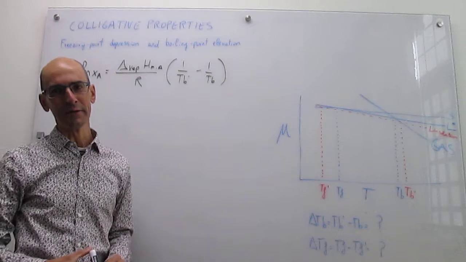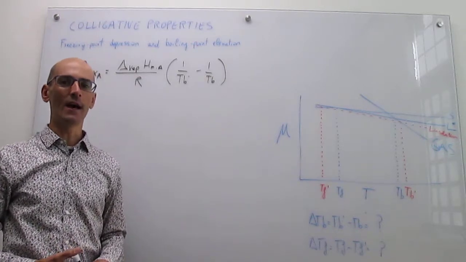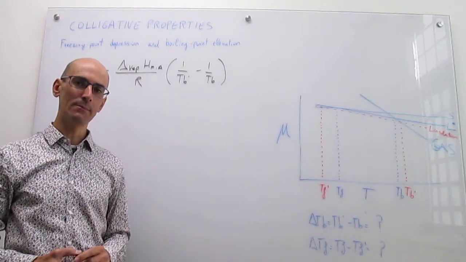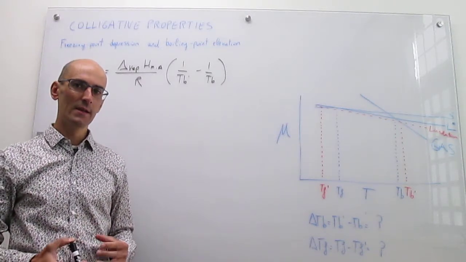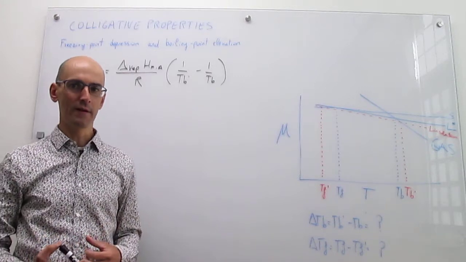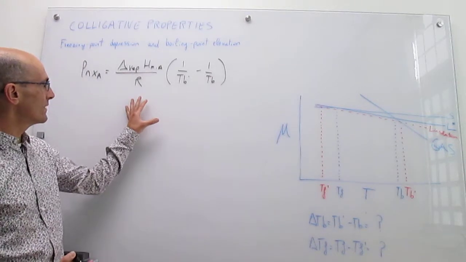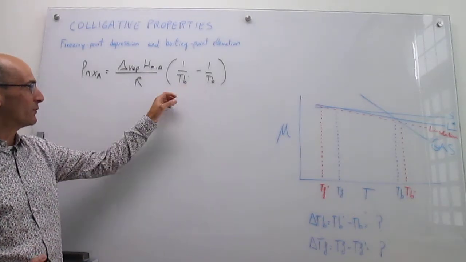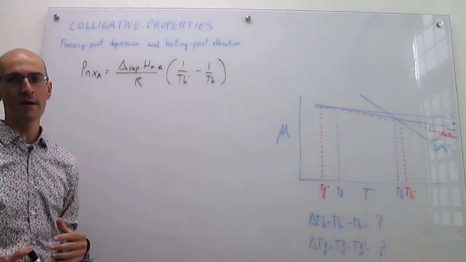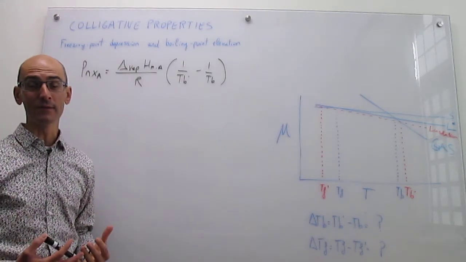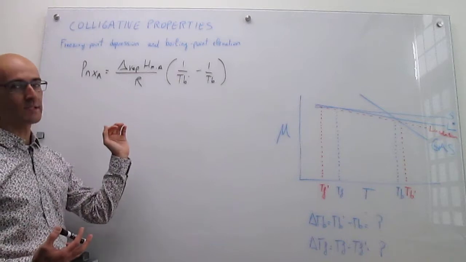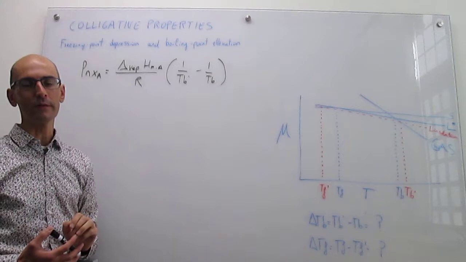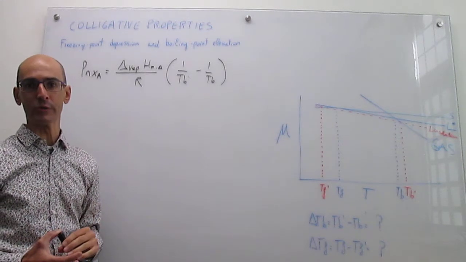This is the second video in a series where we're trying to see how the boiling point and freezing points of a solvent change upon addition of a solute. Now, the last part of the prior video has shown you that the way that you can relate the change in the boiling point to the concentration has this form. And this is something that is very nice because the parameters of this expression are well known. That is that here you only have the vaporization enthalpy, and those are numbers that are actually known for solvents,